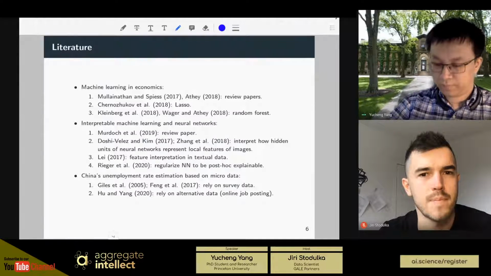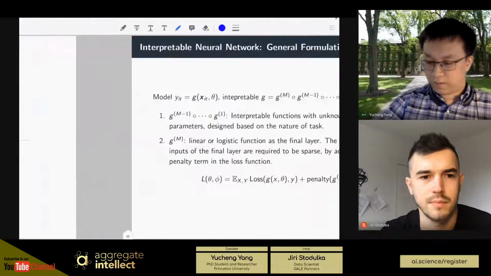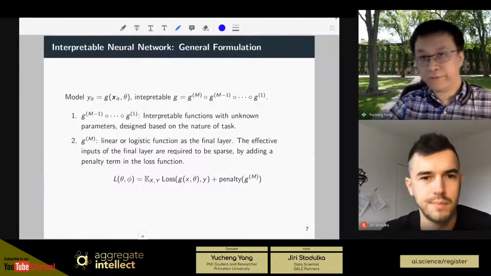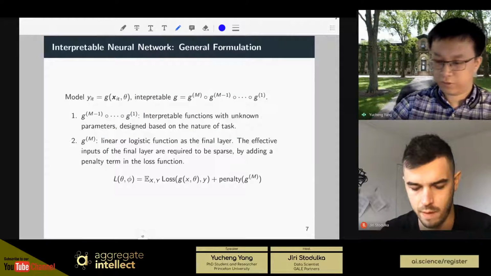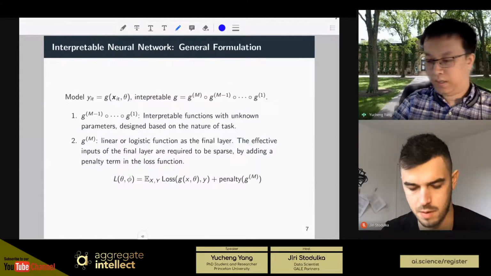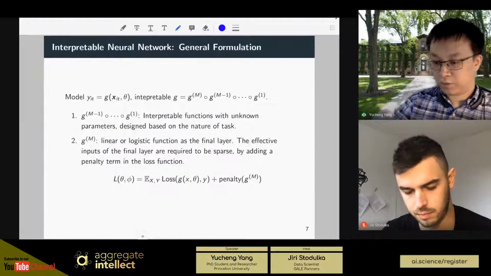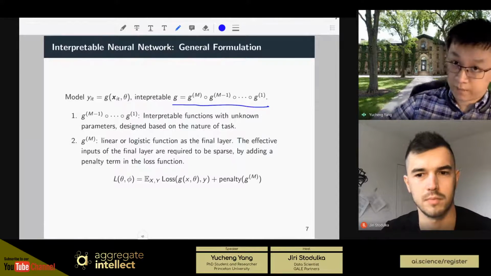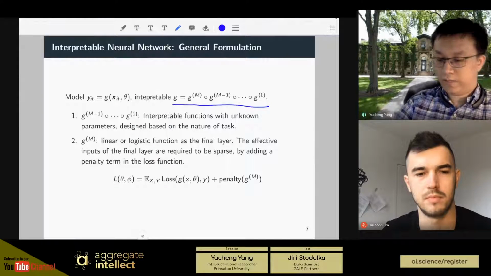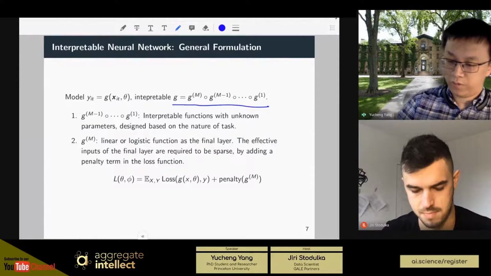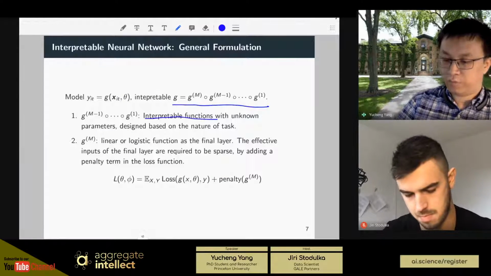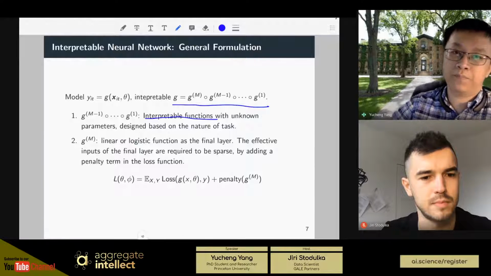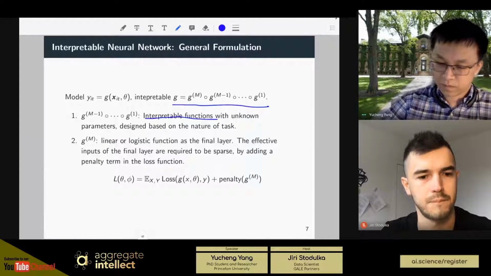Before going to panel data, let me present the general formulation for an interpretable neural network. Similar to a conventional neural network, this model also has a multi-layer structure. The first several layers will be interpretable functions with unknown parameters, and we can design different kinds of interpretable functions based on the nature of different tasks. And the